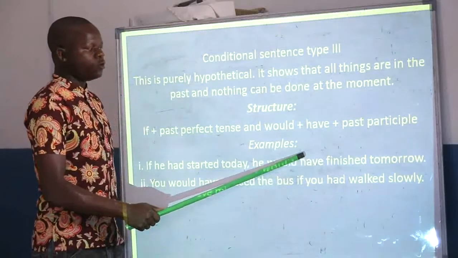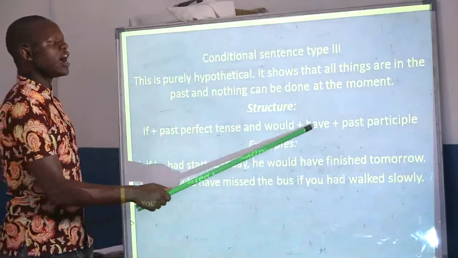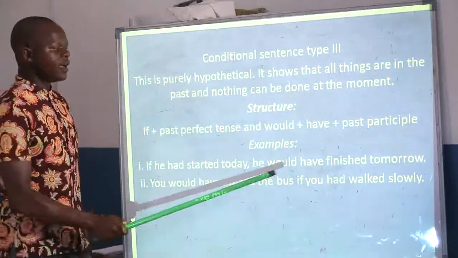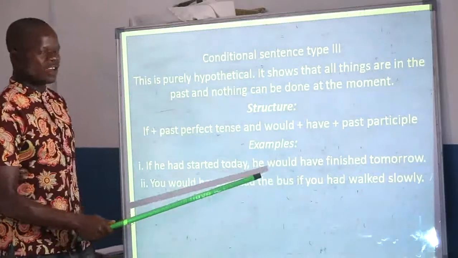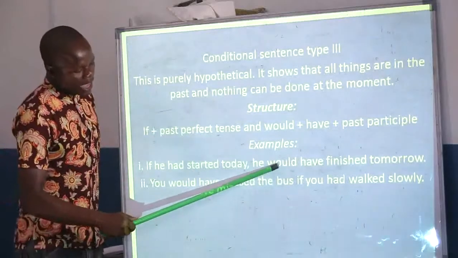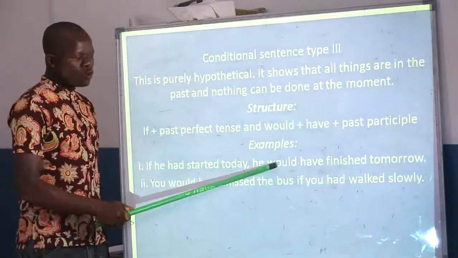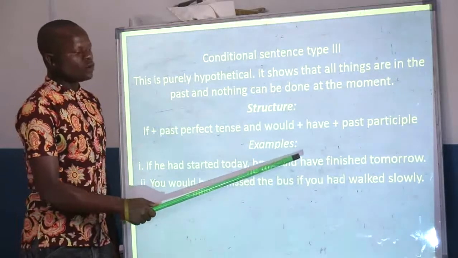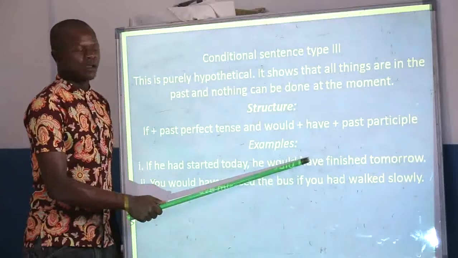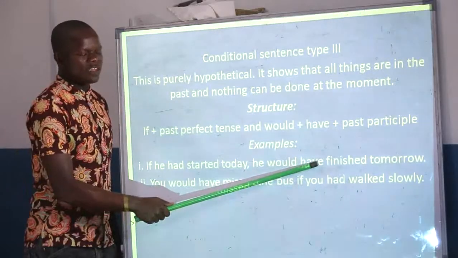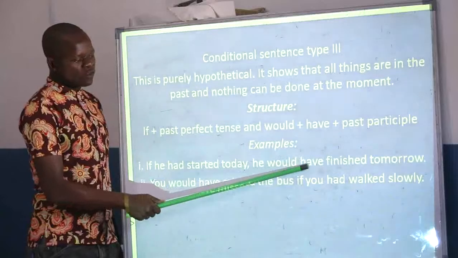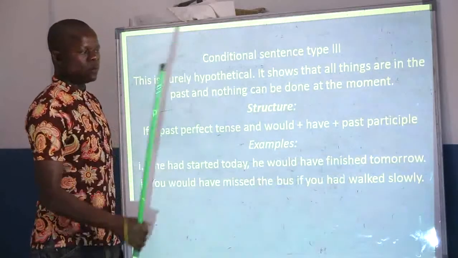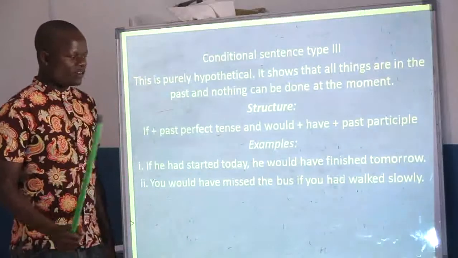No, here we should use have plus the past participle form of the verb, and that will be preceded by would. That means once you have used would here, there is no need of using had again. What comes here is have. And what follows, because there is have, the verb must change into past participle, as you can see there. That marks the end of our